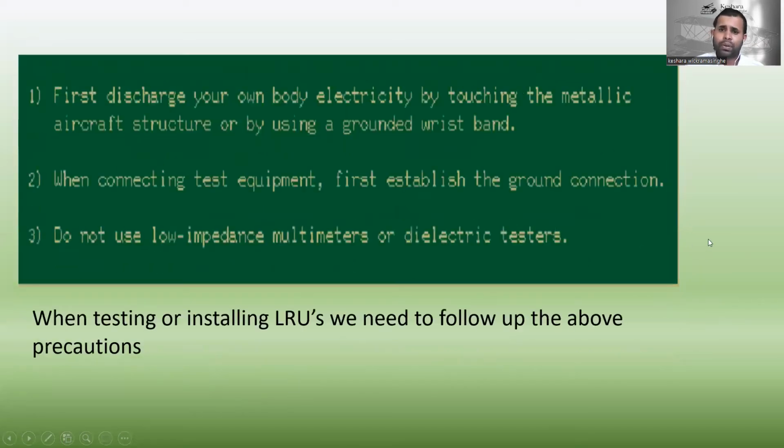plastic wraps, right? Okay, so next one, when testing or installing line replacement units, we need to follow the above precautions, right? So first, discharge your own body electricity by touching the metallic aircraft structure or by using a grounded wristband. Same thing like before. And when connecting test equipment, first establish the ground connection and do not use low impedance multimeters or dielectric testers,